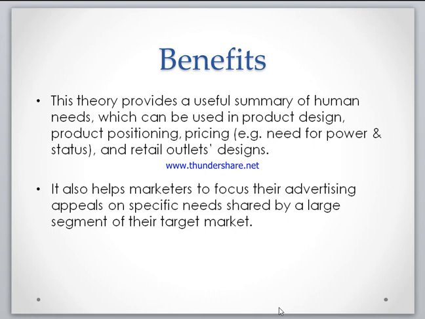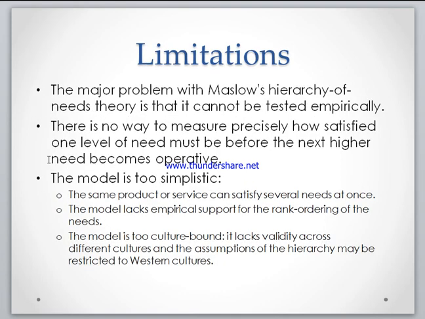But unfortunately, the researchers don't validate it. And let us see why. So moving forward towards our limitations. That is, the limitations of Maslow's hierarchy of needs. Here the major problem with Maslow's hierarchy of needs is that the theory cannot be tested empirically. Maslow provided no empirical evidence, and several studies that sought to prove it found no support for